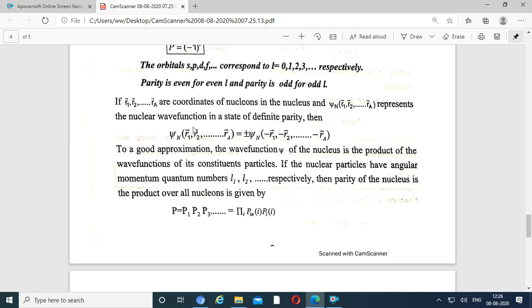If r1, r2, up to rA are coordinates of nucleons in the nucleus and psi_n(r1, r2, ..., rA) represents the nuclear wave function in a state of definite parity, then psi_n(r1, r2, ..., rA) equals plus or minus psi_n(-r1, -r2, ..., -rA). To a good approximation, the wave function psi of a nucleus is the product of the wave functions of its constituent particles. If the nuclear particles have angular momentum quantum numbers l1, l2 respectively, then the parity of the nucleus as a whole is the product